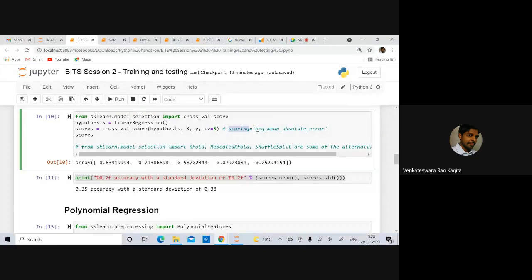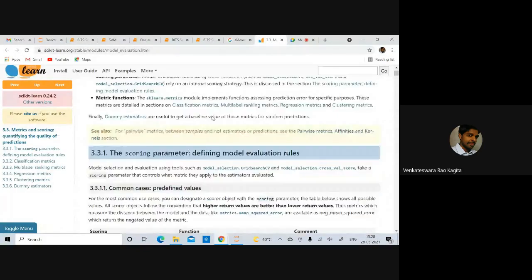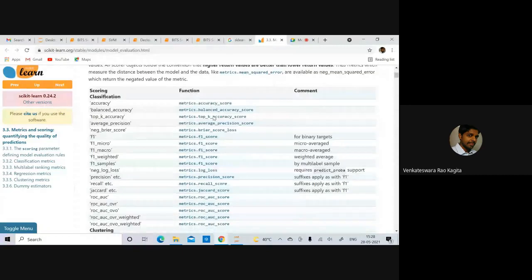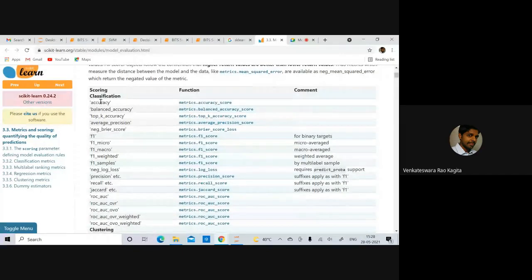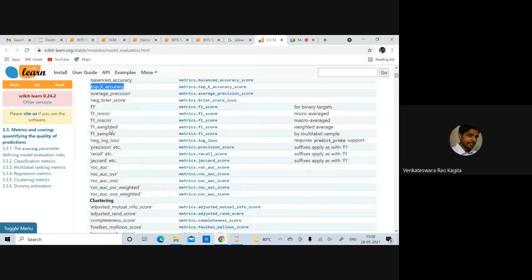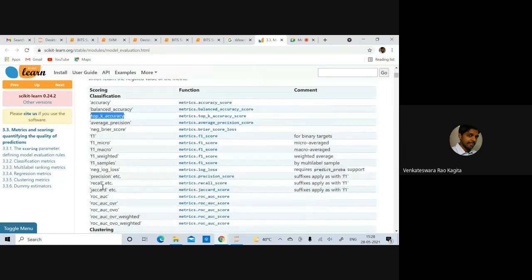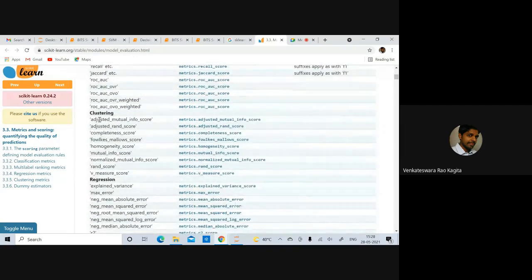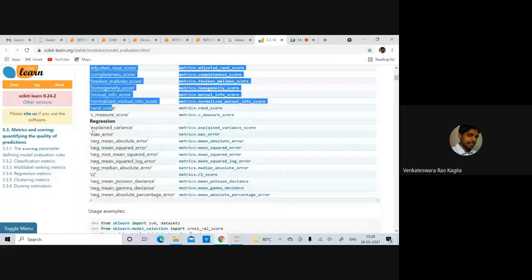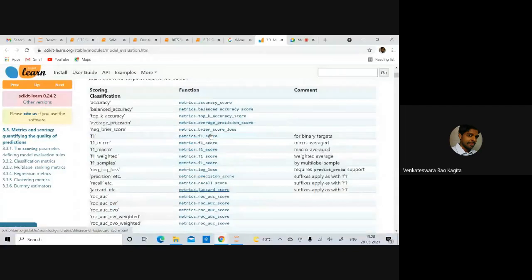Mean absolute error is the scoring strategy that you are using, right? So like that, you can have different scoring techniques. As you can see here, for classification you can pass accuracy as a keyword, or balanced accuracy, top K accuracy, F1 score. So these are the different evaluation metrics for the classification problem, the clustering problem, and the regression problem. You can pass any of these keywords